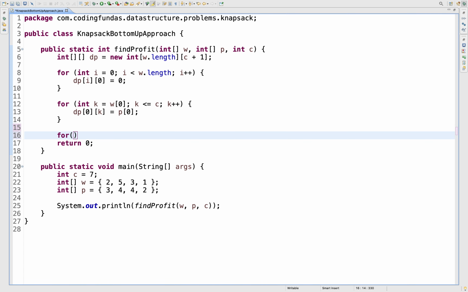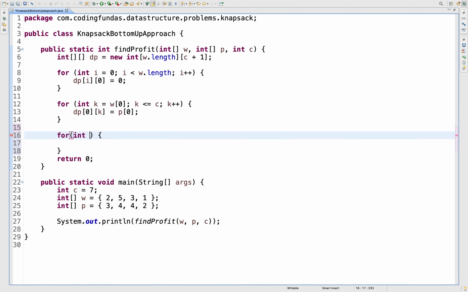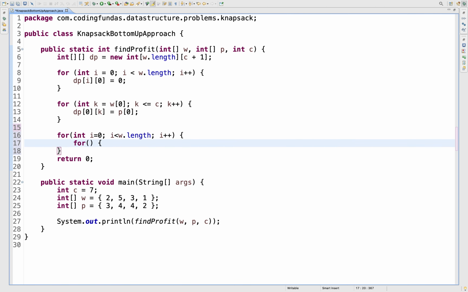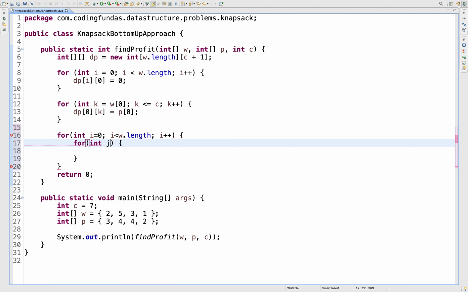And now we'll traverse over the array. So first we are moving from the first item, and this is j equals 0, j less than or equal to C, j plus plus.